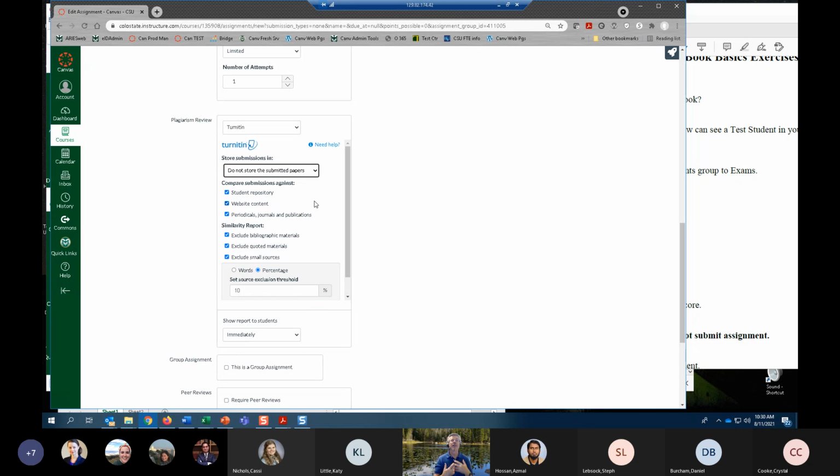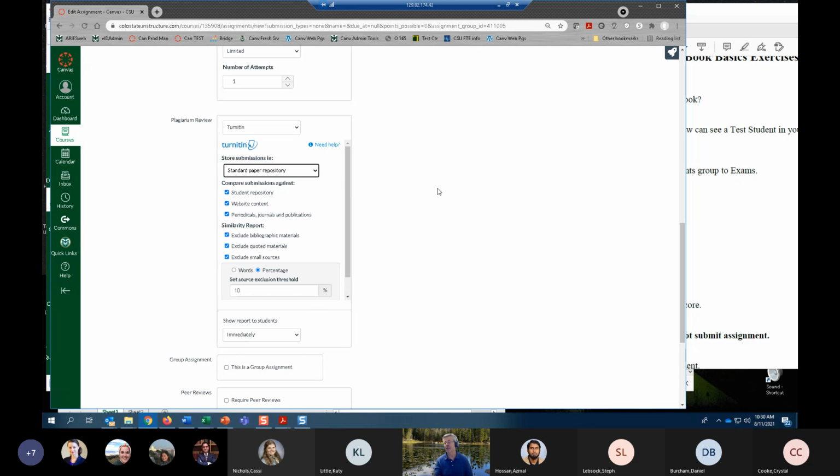Therefore, if a student submitted a draft into Turnitin and then submitted the final version of the paper into Turnitin, those two are going to match very heavily from a plagiarism perspective because they're essentially very similar to the same paper. So for a draft, I might say, don't put a copy into the repository. I don't want this compared to other students' papers as the draft. But then when I come in here, I could say, but I do want the final version